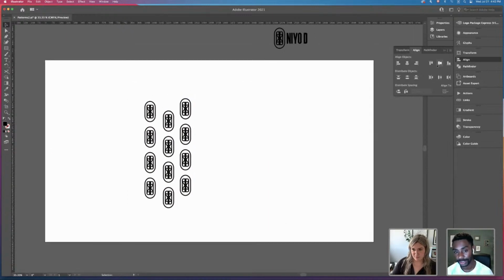No. One little tip I know: where you've got the align tab open, you've got the distribute spacing. It's the third row on your align tab. So this one on the left. So you've got those two. You can either do from top to bottom, or in your case, left to right. So if you undo